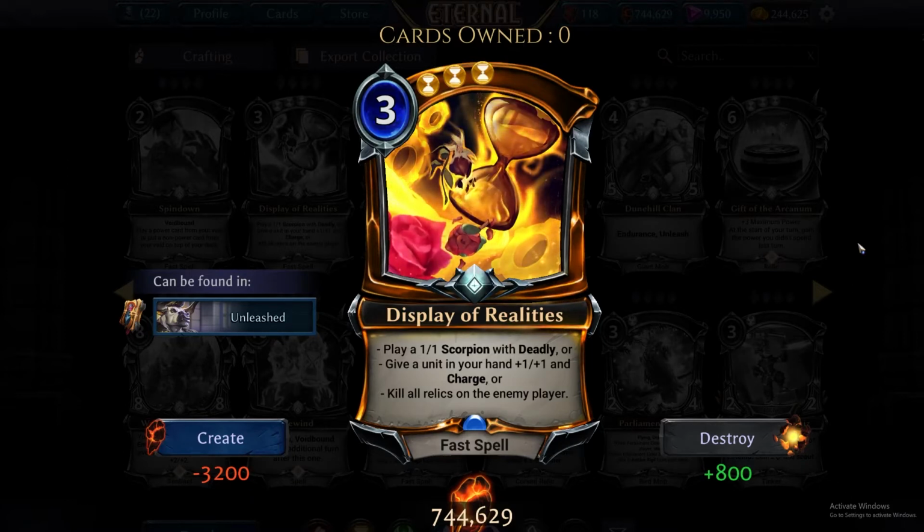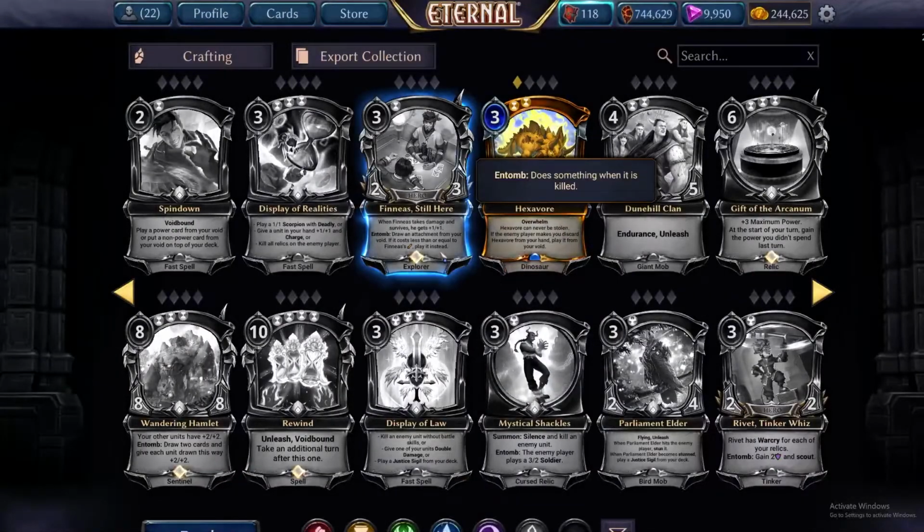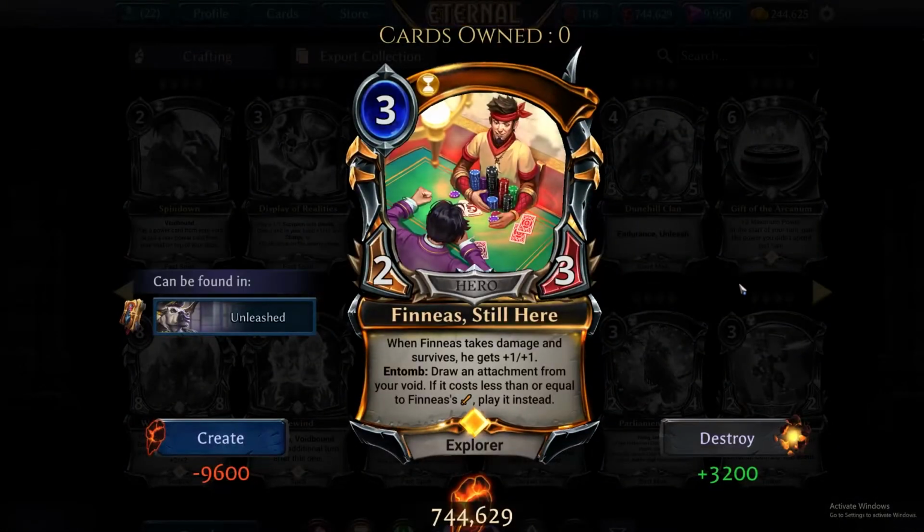Right, and even with that deck, if you're in it, it's still hard to cast with 3 times. So yeah, C plus. Okay. So C plus for Display of Realities. Next up is